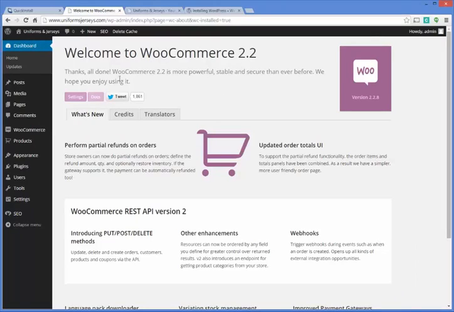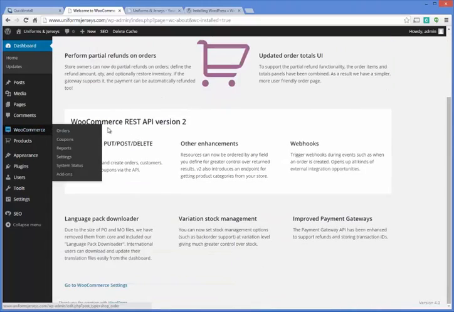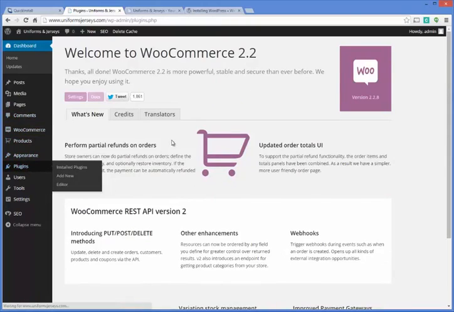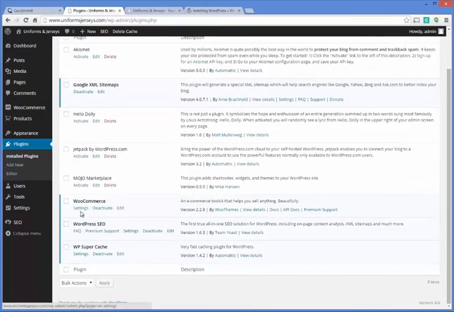All right, so this is it. You're all done. And it tells you that WooCommerce 2.2 is fully installed and ready to go. So now we need to integrate this plugin. So I'm going to go over here to plugins, and we're just going to make sure that it is active,